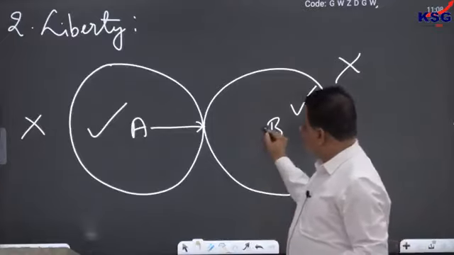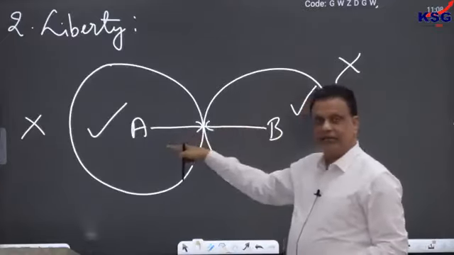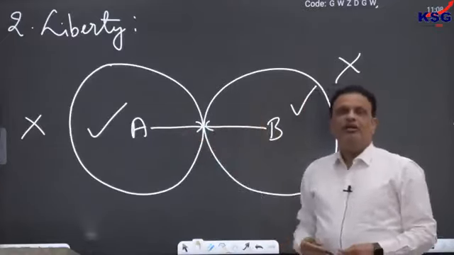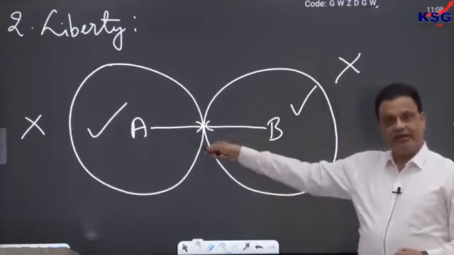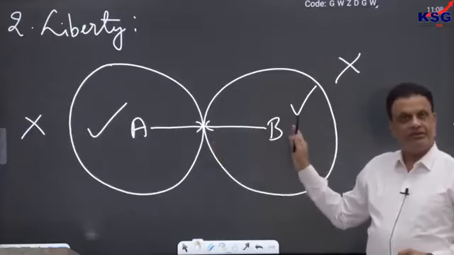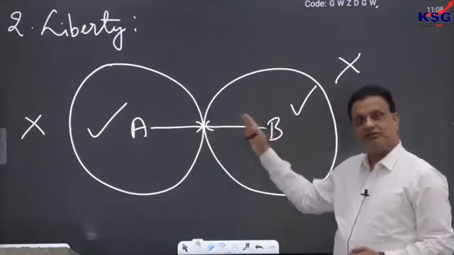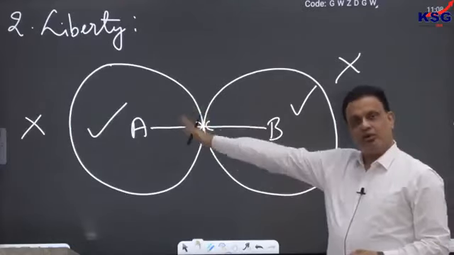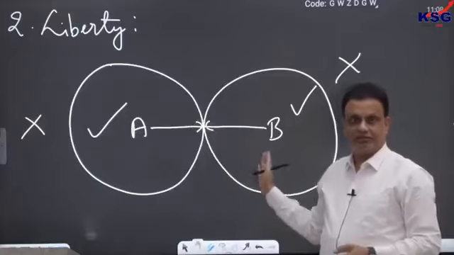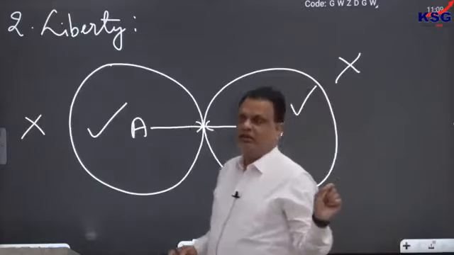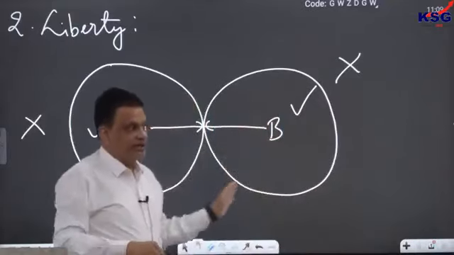This person can go that far, but not farther than that, because if he does so, then he will interfere into my area. That will make his action wrong. So as long as I am not entering into his area, or that person is not entering into my area, then whatever I am doing is right, and whatever that person is doing is equally right. So that is where the limit actually comes up.